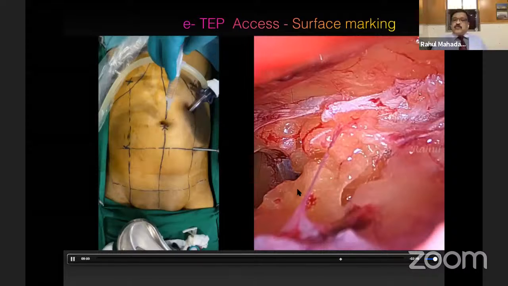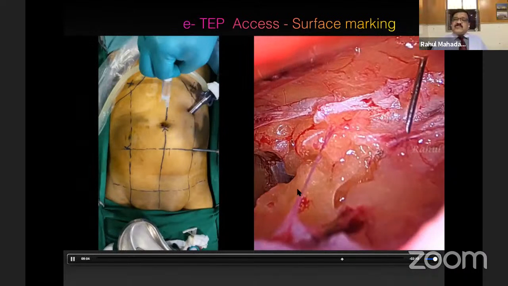So in case of a TEP operation, what happens is the second